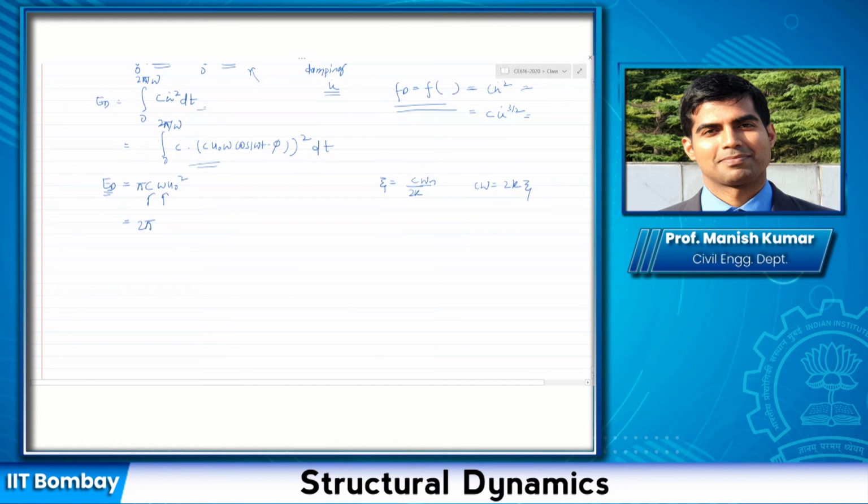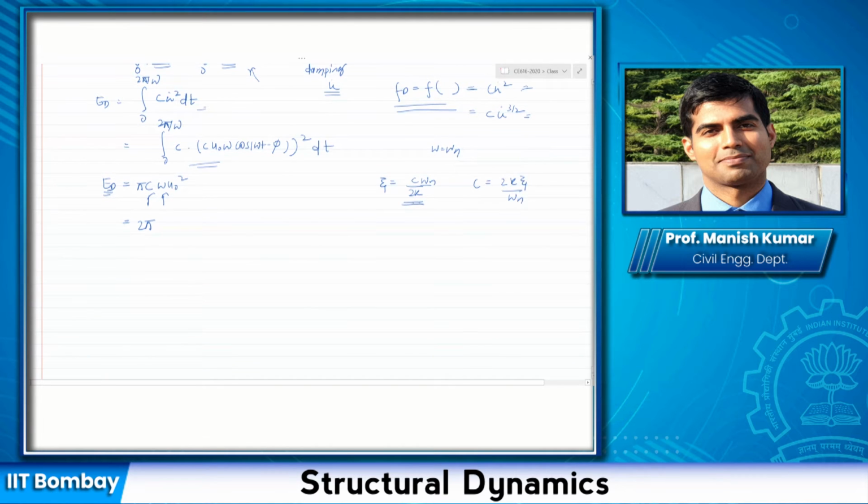Or let me keep writing in omega n. If your system is vibrating at some other frequency, not exactly during the steady state, but you are applying at some other frequency and the system has some other frequency, then I will write this, because when omega becomes omega n, then you will have resonance. So for any general case, I am going to use this. Let me modify this: C I can write as 2k zeta by omega n.